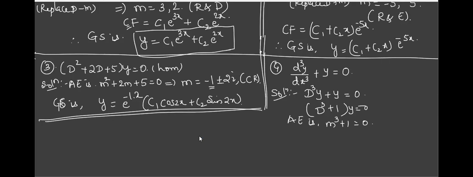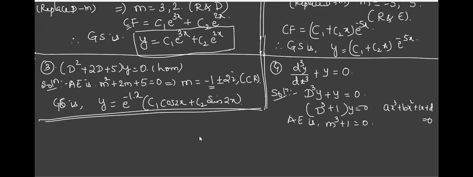Minus 1 and 0. No. Carefully just see. Which calculator are you using now? fx-991ES Plus. Then how have you taken the values? See, it should be taken like this: ax cube plus bx square plus cx plus d equal to 0. Am I right? Are you taking this cubic equation?